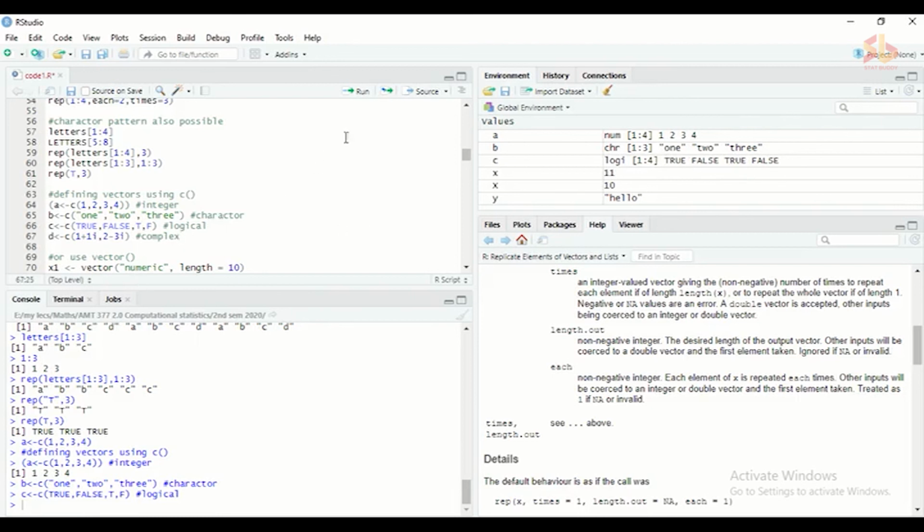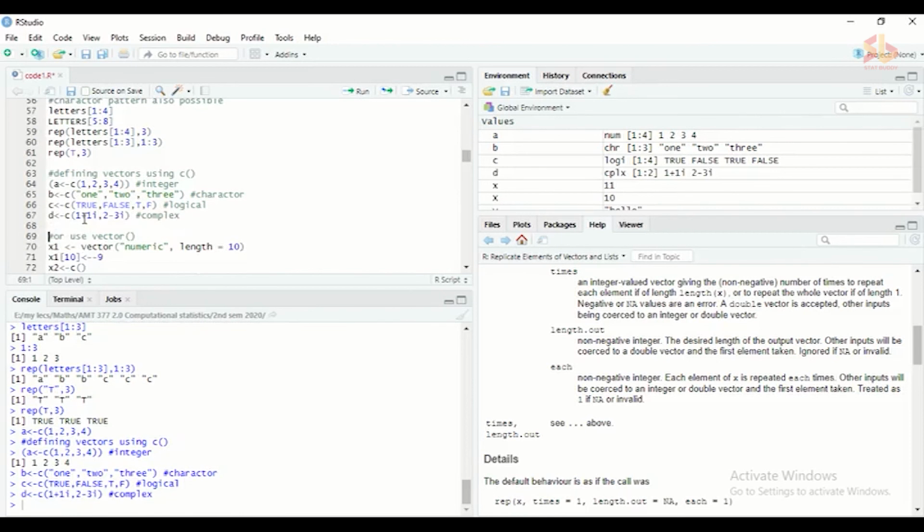Likewise, you can create complex numbers as well. It's quite similar to the writing technique: 1 plus 1i, 2 minus 3i. So this is a complex vector. The class of the vector is printed prior to the length. So this is the length, and this has another meaning when you are defining a matrix, I'll introduce that meaning as well. So these are the available first few elements.